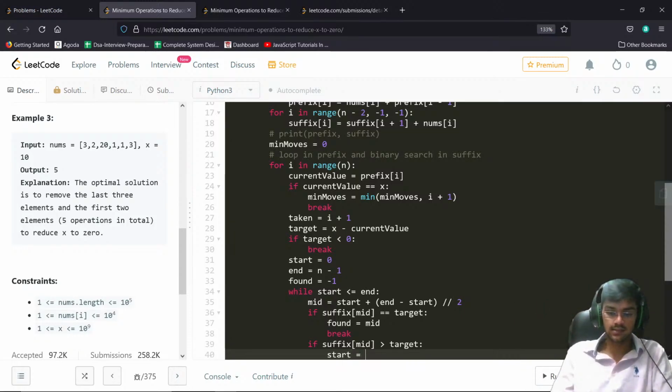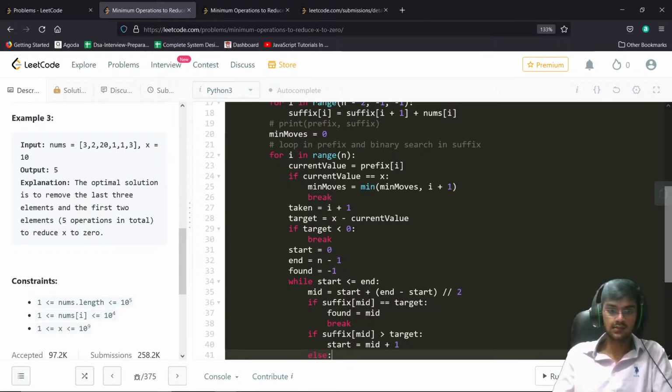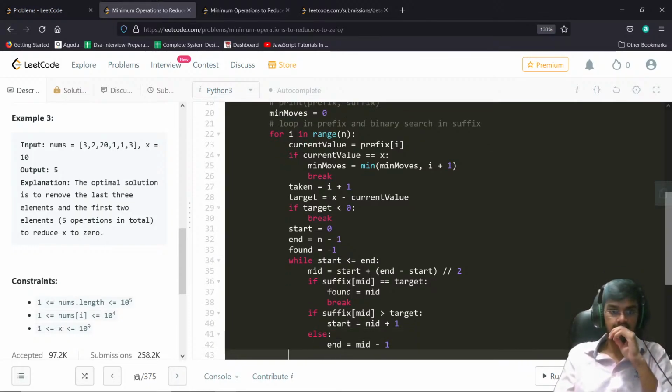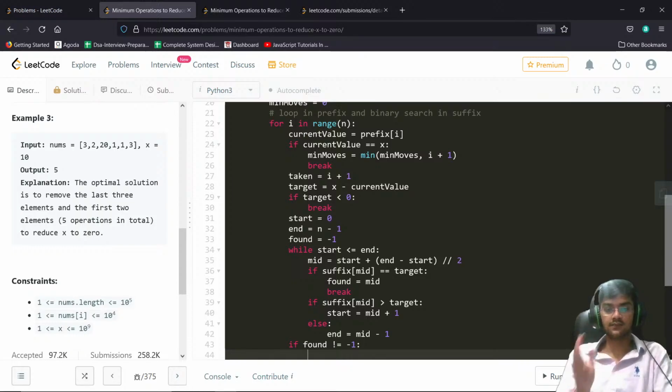So start is mid plus 1, else I'll go to the left, end is mid minus 1. Makes sense. And I'll say here itself, if found is not equivalent to -1, in that case I know that I found the element. Therefore let's update this. So minimum moves is minimum of min moves, comma